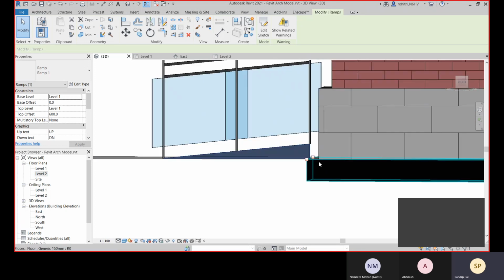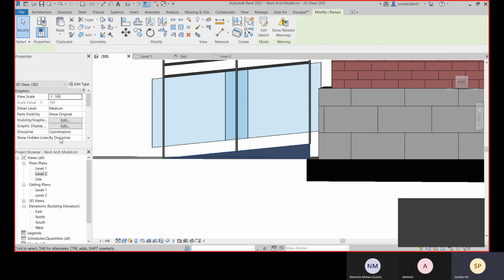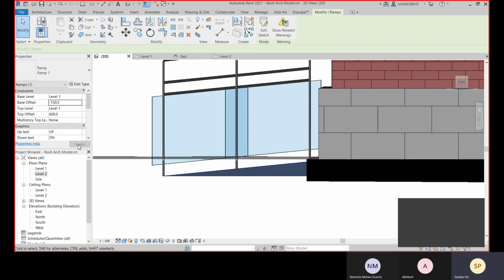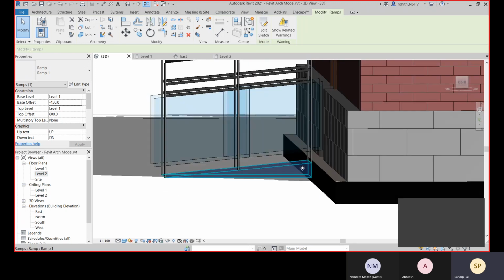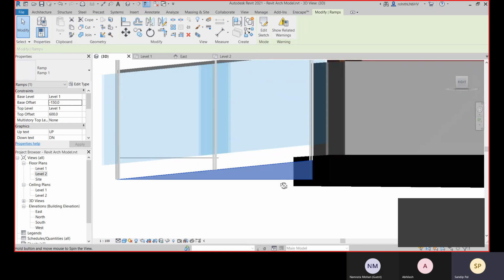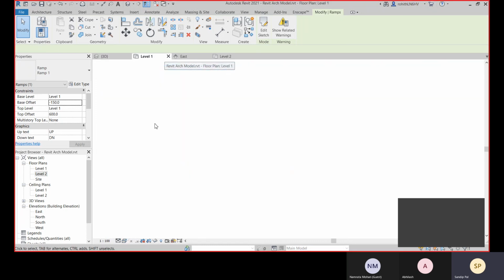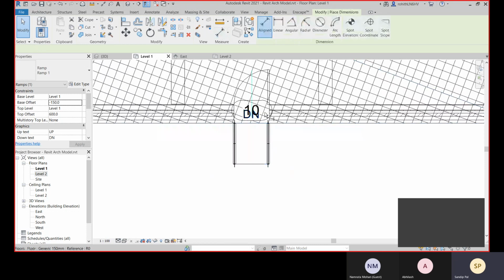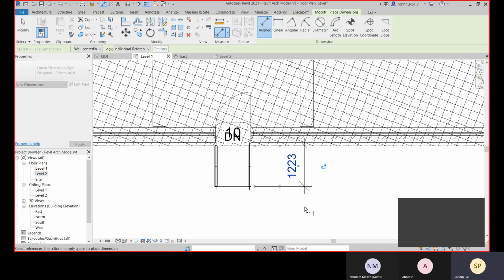Now the floor thickness is 150 mm, so let me give the base offset as minus 150. Now come to level 1, and there you can see this is the length.